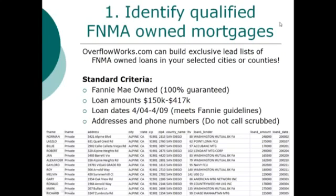So you've got to find people whose mortgage Fannie Mae owns, that you can mail this offer to: we can refinance your house even if you're upside down, if your loan's owned by Fannie Mae. So we just found a way to find the Fannie Mae owned mortgages, 100% guaranteed, because we're verifying with Fannie Mae that this loan is owned by them. Our standard criteria is loan amounts of 150 to 417, the conforming loans that Fannie was buying. We typically like doing loan dates from 04 to 09. That meets the Fannie guidelines for